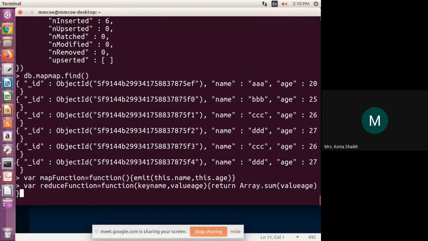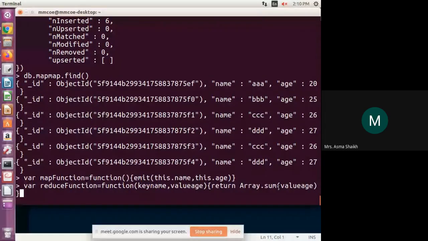So we have seen the map function, now the reduce function. In the reduce function, as parameters we are giving key name and value. Key is my name, and value is the variable name, and it is returning the array sum of values. My input is value age.